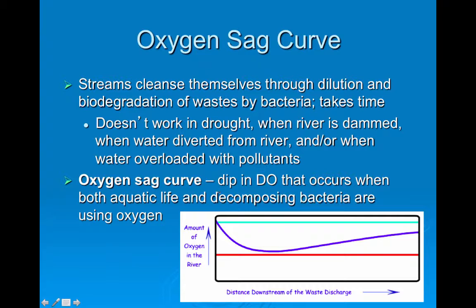Oxygen sag curve. This is the idea that if a stream is being polluted, so you have a point source of pollution of something like human waste, decomposing bacteria, aerobic, the same ones that eat dead algae and plant matter that occurs during eutrophication, do their thing and go crazy because they've got a huge food source, which they would if there's point source pollution that they could decompose. They suck all the oxygen out of the water, so they create a hypoxic zone, a dead zone.